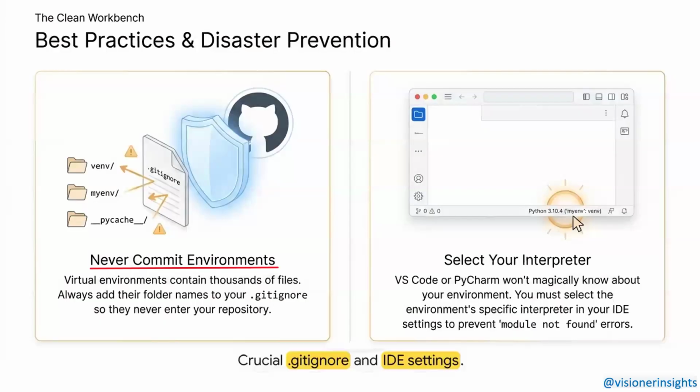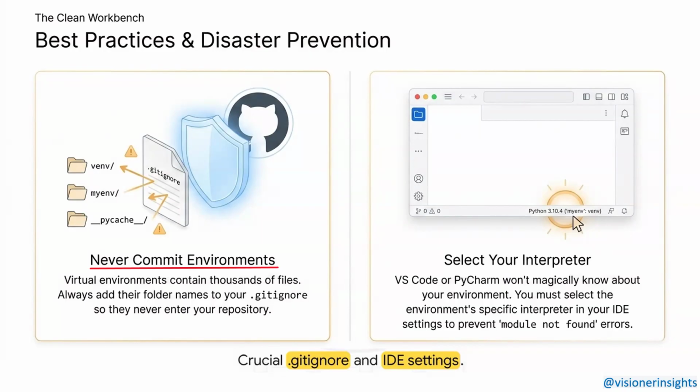To make sure you actually enforce that rule, keep these critical disaster prevention tips in mind. First up, the clean workbench rule. Always, always add your environment folder name like venv or myenv directly to your .gitignore file. This guarantees those thousands of files never accidentally enter your GitHub repository. Second, keep in mind that IDEs like VS Code or PyCharm won't magically know about your new box. You have to actively select your environment's specific interpreter in your IDE settings to prevent those incredibly frustrating module not